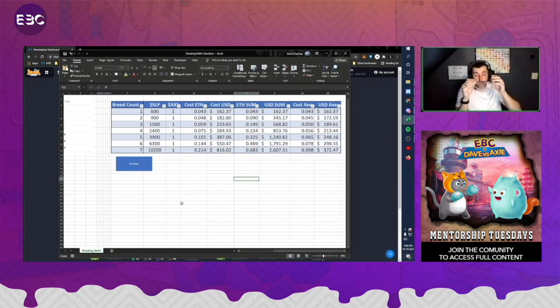Breeding math calculator on current cost that's associated with an Axie, and it updates pretty much live. But what you're seeing here too is your actual cost to breed 4 Axies right now is 0.056, and so